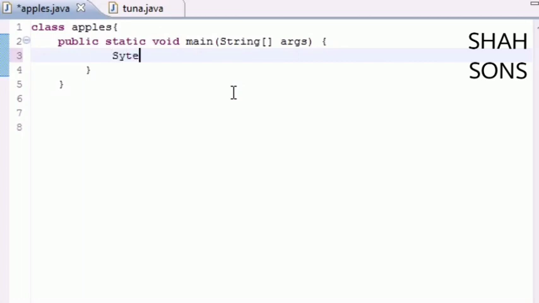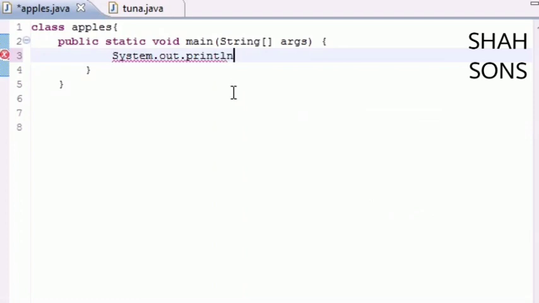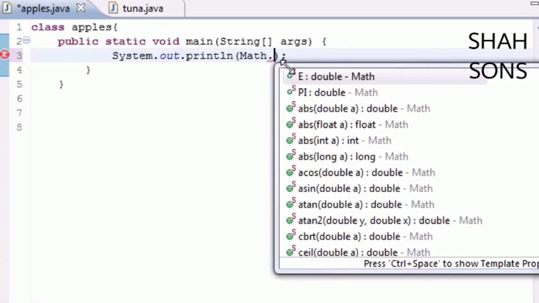So the first thing we need to do is go ahead and make a print line out on the screen. So print line, and make it take an empty parameter for now. And in this parameter I'm going to be putting all the methods of the math class. So go ahead and type math, put your dot separator, and then the first one,